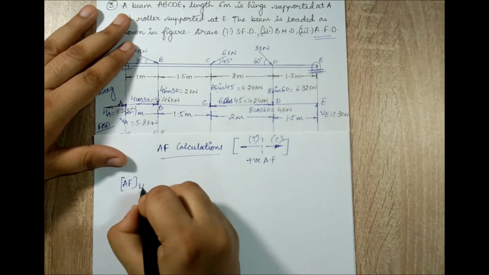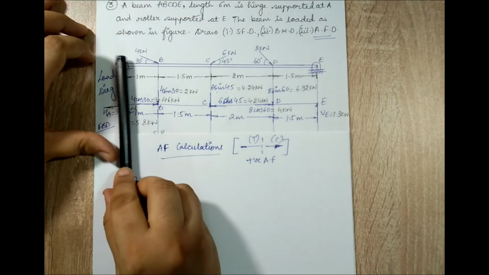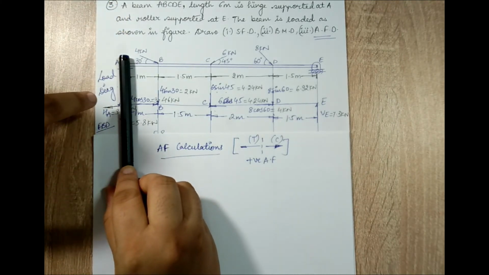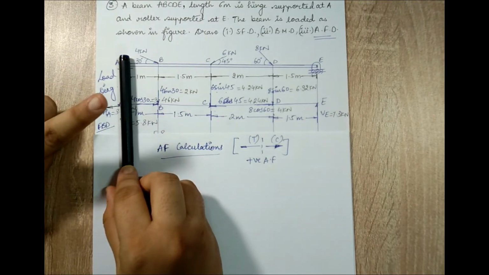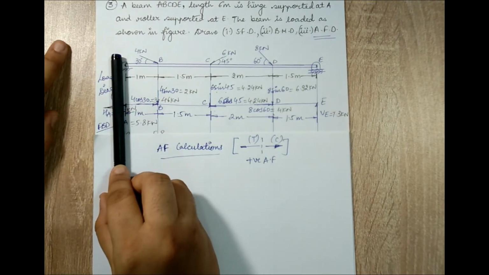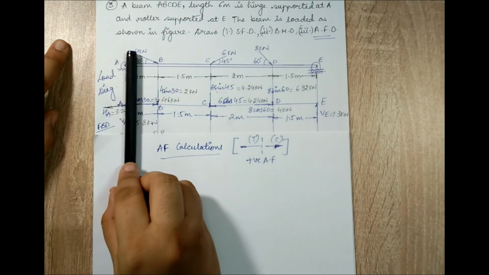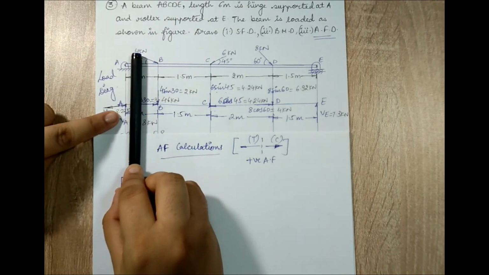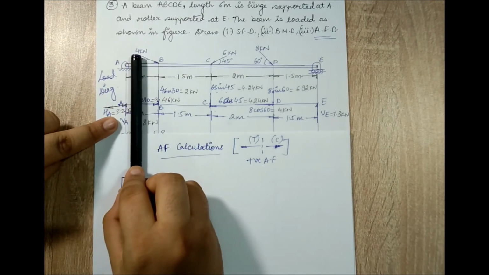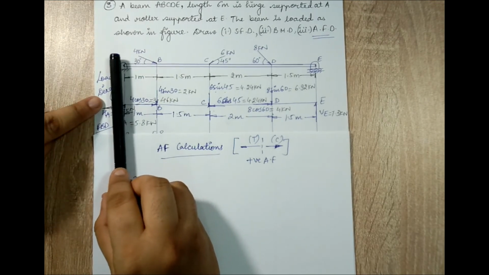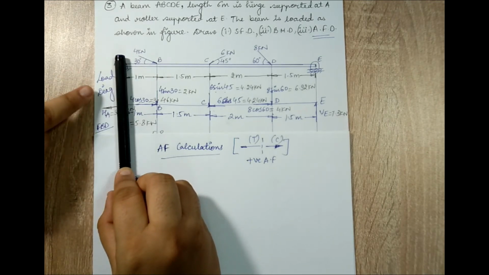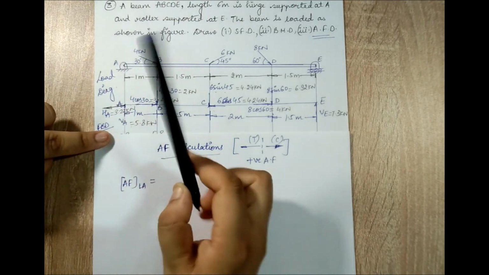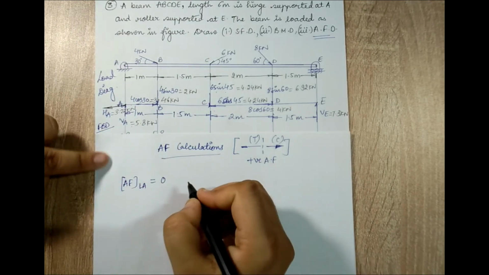So I'll start with left of A. When I stand at A and I look to the left, this is very important. HA is not visible when you are standing on A or you are standing to the left of A. It is visible only when you see the point A very clearly. That can happen only when I am standing ahead of A. It cannot happen when I am standing on or behind A. Please understand. So I am standing at A and I look to the left, there is no force here. So shear force to the left of A is 0.